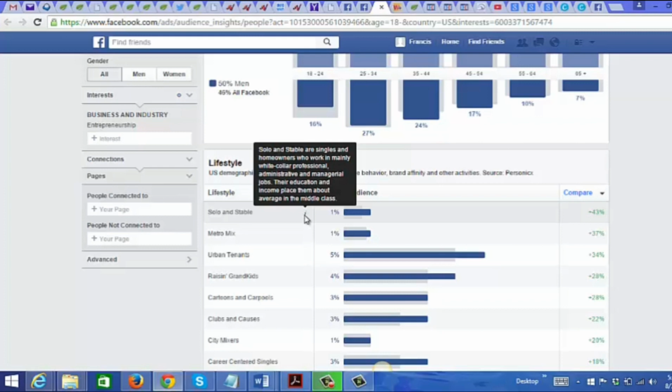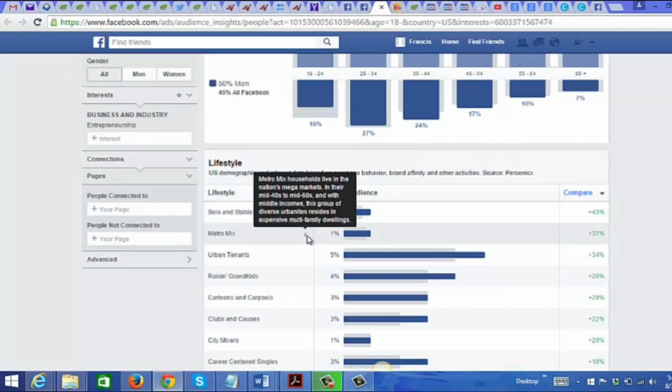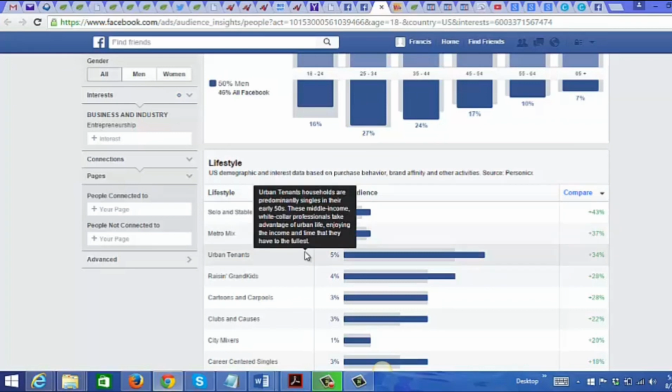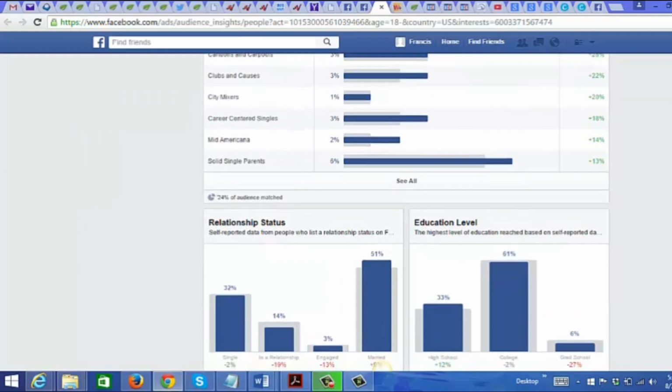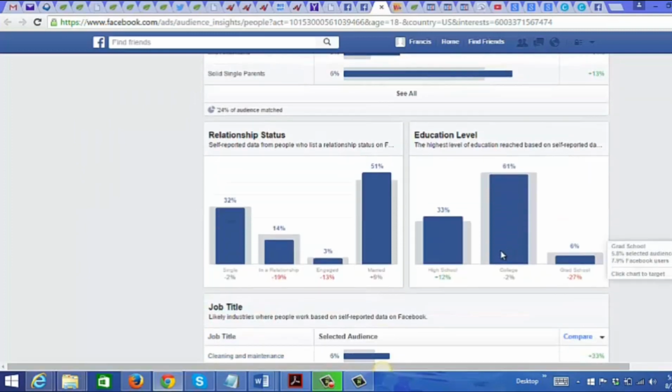So you get an idea that the people you're marketing to have white-collar jobs, are homeowners, and are singles. Here, Metro Mix: the middle incomes, urban tenants. You could just keep going down: relationship status, education level.